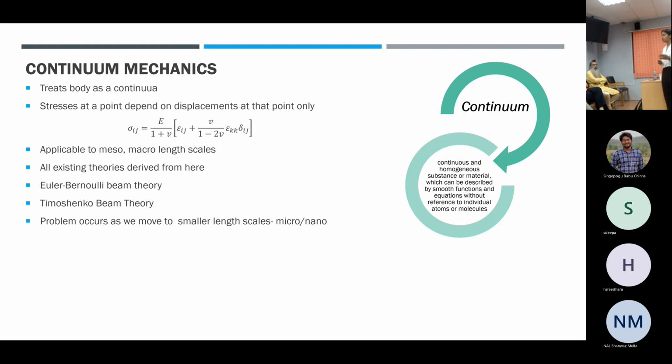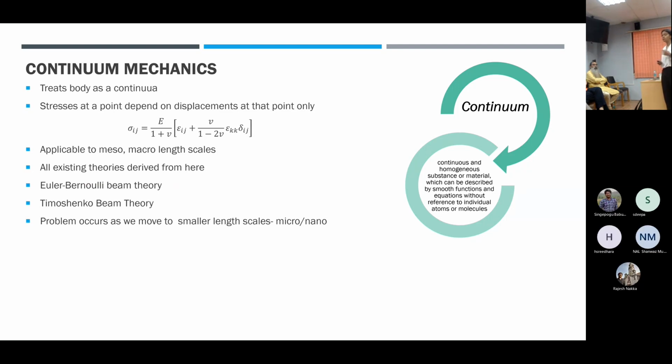But as we moved on to materials like composites, which include carbon fibers and smaller structures, and as we began to go through the micro scales, we began to observe some rotations or some displacements,